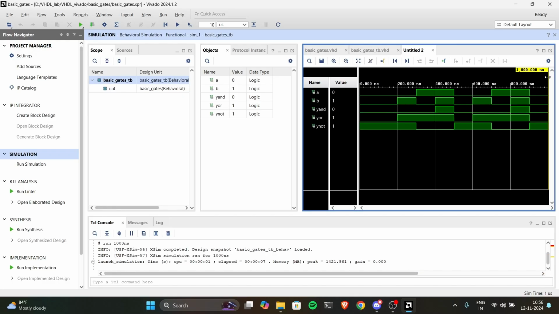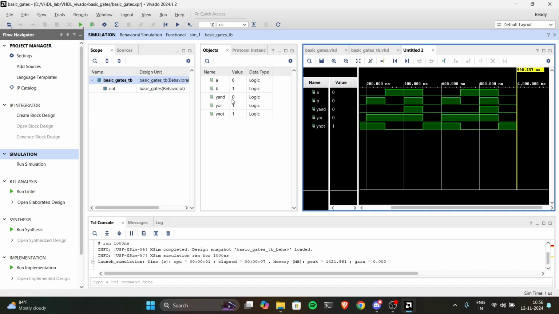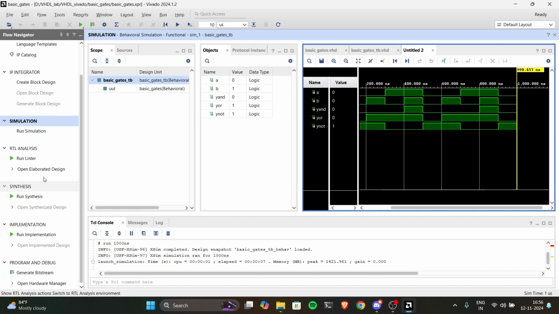The waveforms look the same as in ISE suite and you can just drag the different parts of the waveform and you can see the corresponding values and you can check it. Right? So now we got the simulation results and now to create the block diagram for this logic,